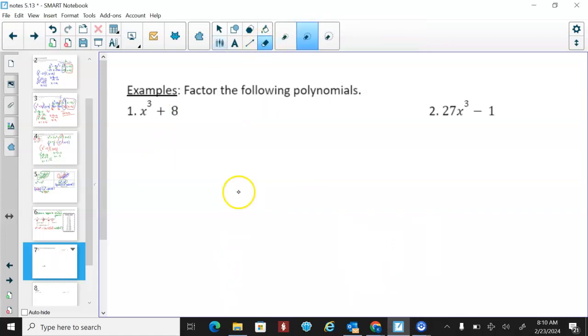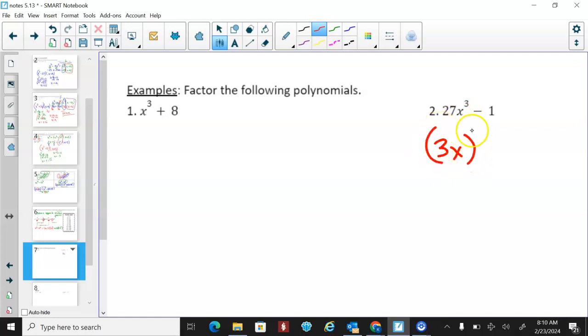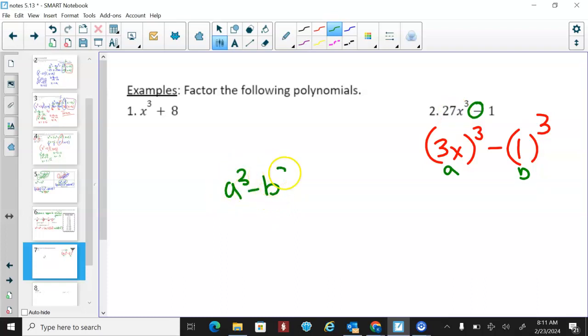All right, next equation. I'm going to do the same thing. I'm going to convert the 27x cubed to be 3x cubed altogether. And then I'm going to also convert the -1 to be cubed, okay? So this is my a and this is my b. Now there's a negative sign there. So remember that a cubed minus b cubed was a minus b, which was the same signs right here, times